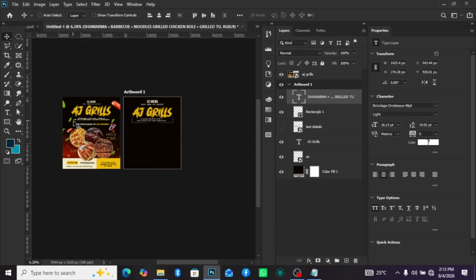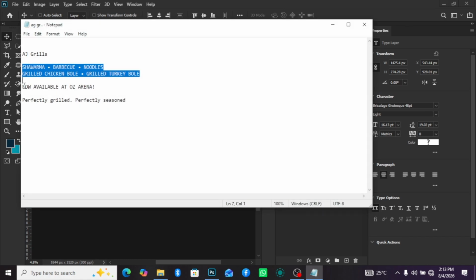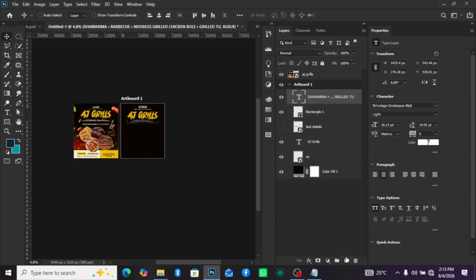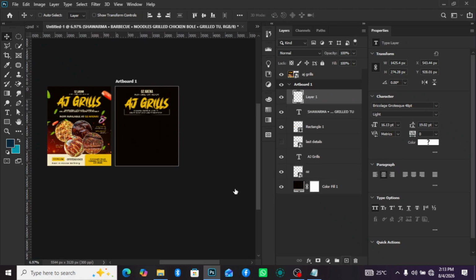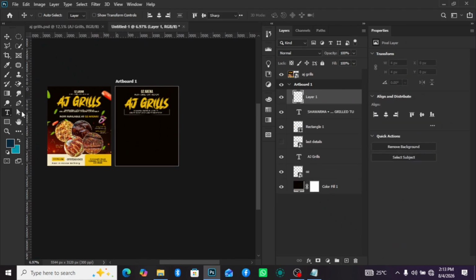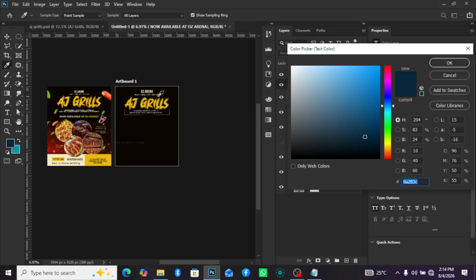And this thing I'm bringing, alright, this is now available. Click on new layer, click on text, and Ctrl V. Every dream, and give it